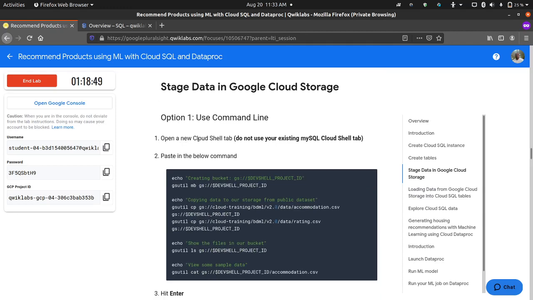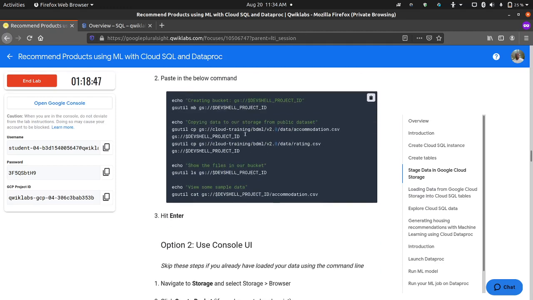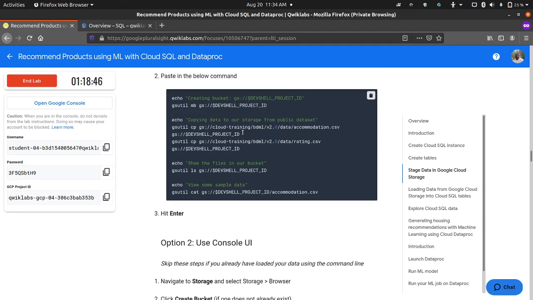So open a new Cloud Shell tab, which we already did, and then run this bit of command. Of course, this will just echo this string to the terminal. This other one will create a bucket with your project ID as the name of the bucket. This will do the same echoing of the strings here, and this one will copy something from this bucket here,